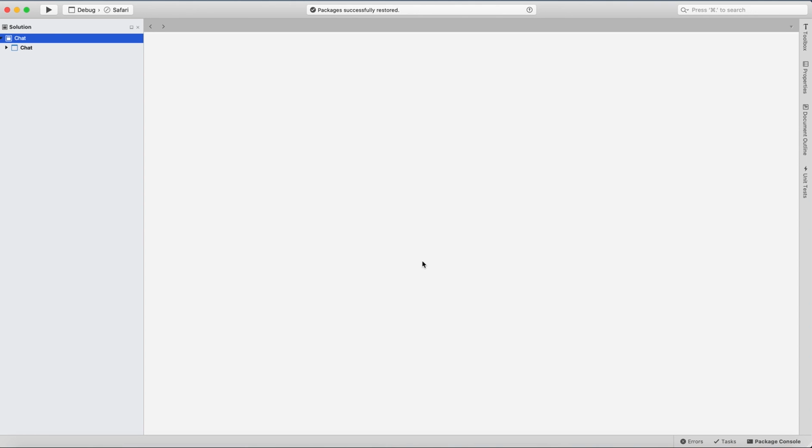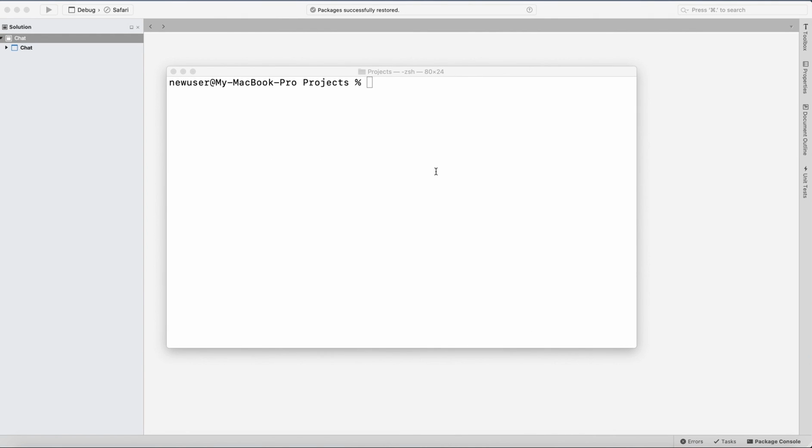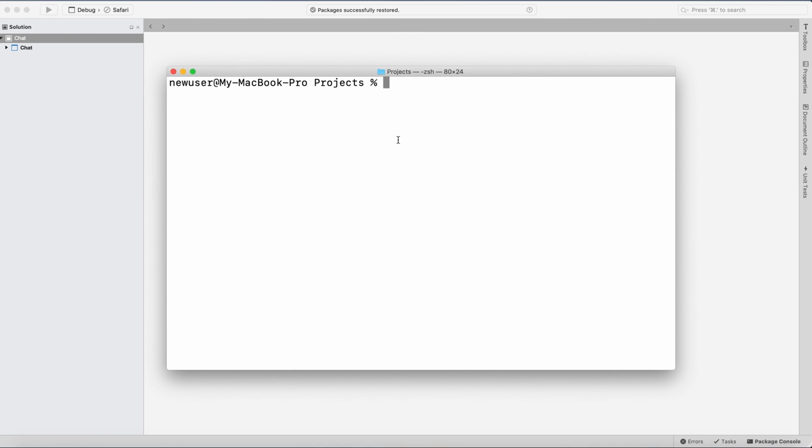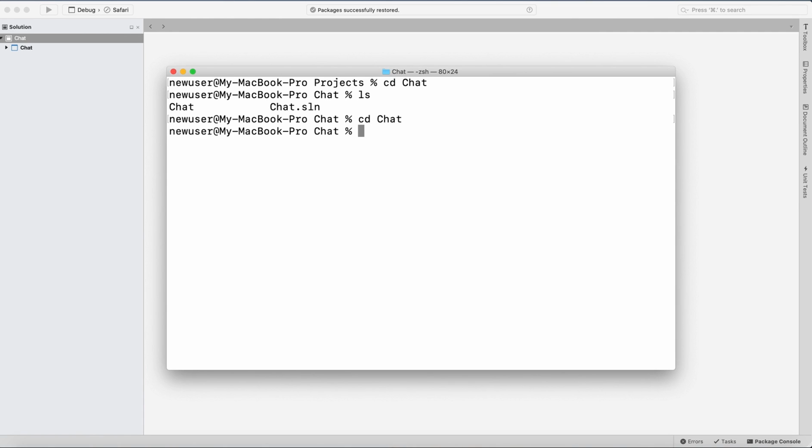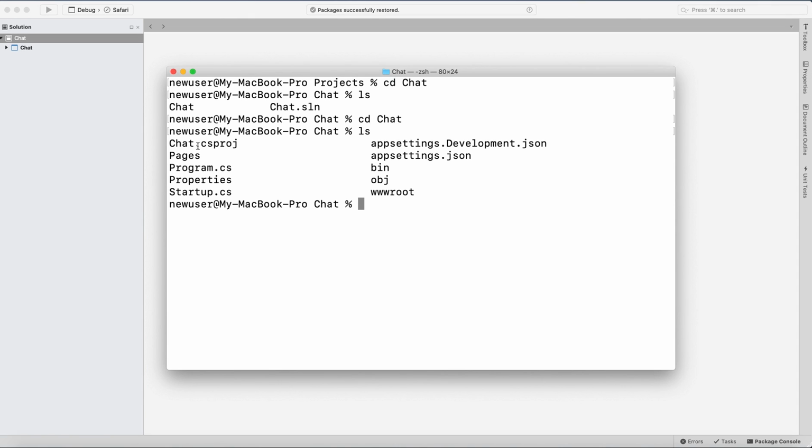and the JavaScript client library isn't automatically included in the project, so we need to get it. I will use Library Manager to get the client SignalR library from CDN. For that, we need to open the terminal and let's go to this newly created application and go to the folder with the csproj file, and from here we can run,